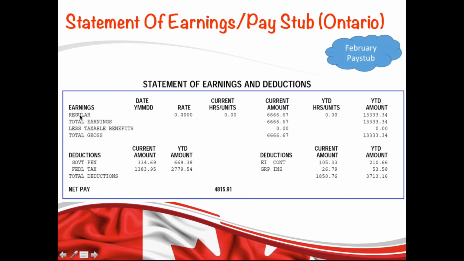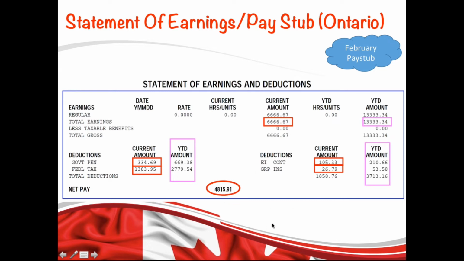Ontario. As you can see, this is also a salary-based pay stub, and it is for the month of February. So everything is almost the same, just the amounts are different, and the only difference is, as you can see, there is no provincial tax deduction, but in reality the provincial tax is combined with federal tax. So the amount of federal tax deduction you are seeing is the combination of provincial as well as federal tax. Also, you don't need to pay QPIP, which is the Quebec Parental Insurance Plan, because this applies